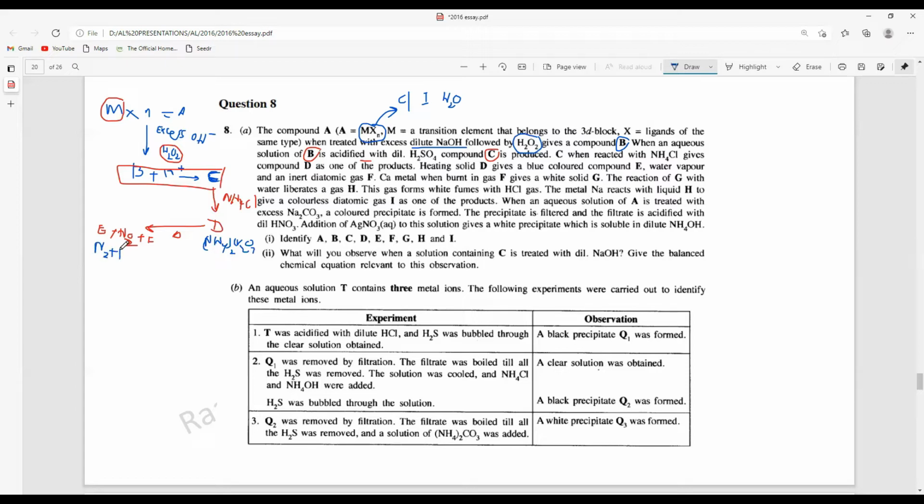Then it will give water, as mentioned in the description, and it will give the blue color compound. So it can be Cr2O3. So you understand here, this is dichromate. So C should be Na2Cr2 or some,